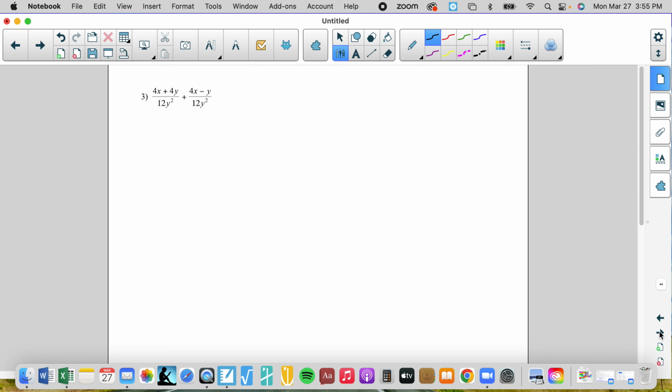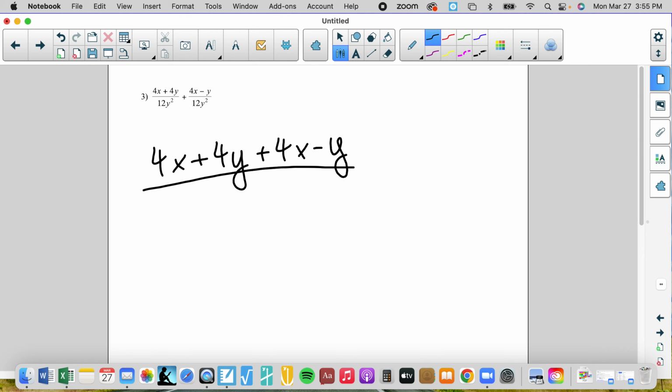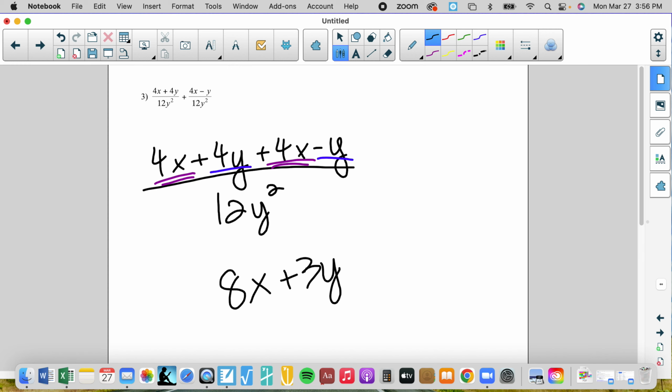All right, we have like denominators. We have addition. So we'll just meld all of the numerators together, and we'll put it over the denominator. So we have like terms. We have x's, which makes 8x. We have y's, 4y, and negative y, which makes 3y, all over